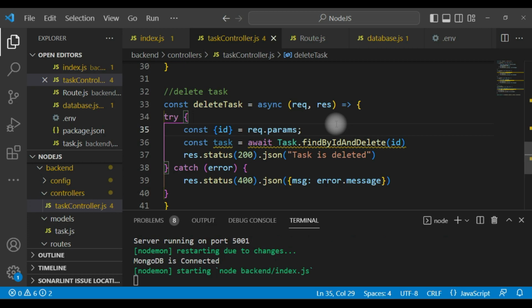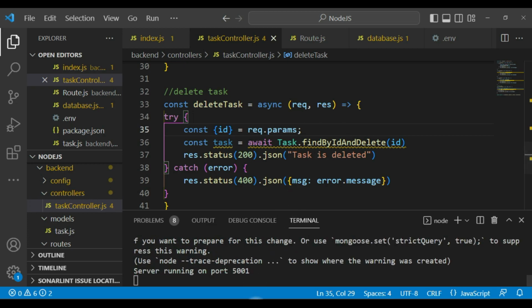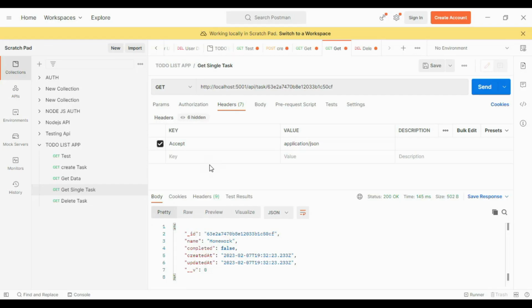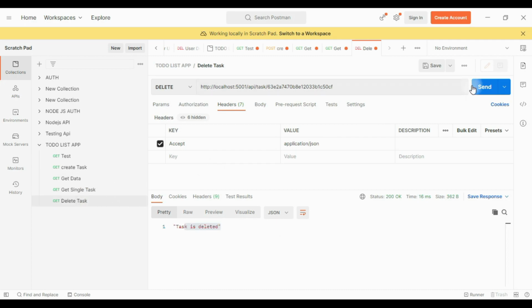Let's save the file. Now go to Postman, delete task, send the request, and we get our task is deleted message.